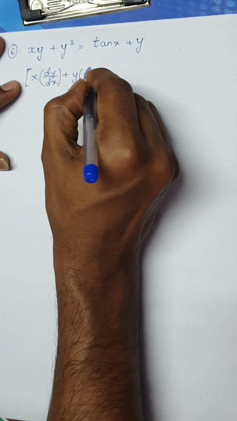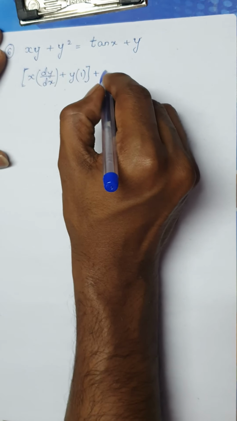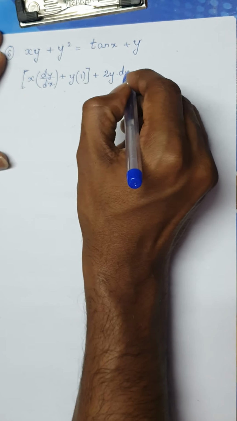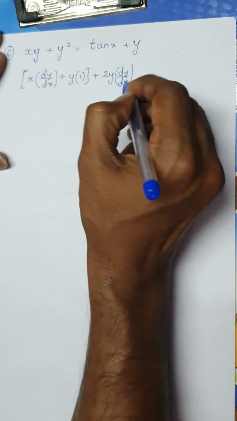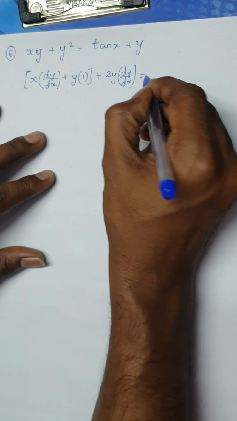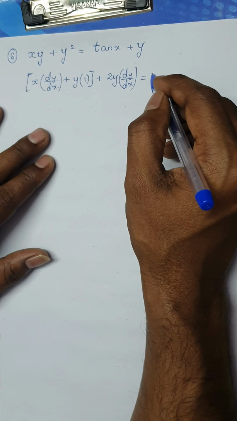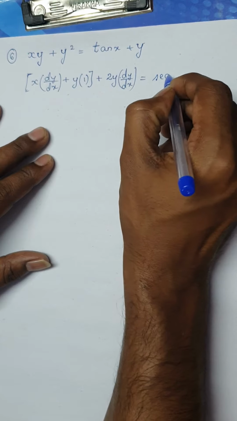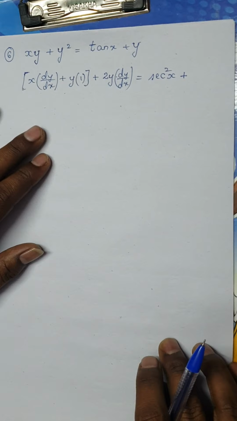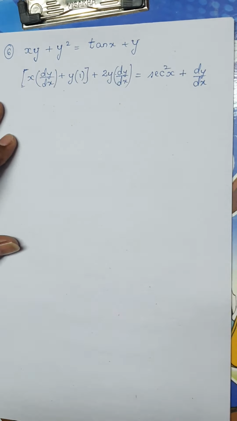What is derivative of x? We know derivative of x is 1, okay, plus now what is derivative of y square? Derivative of y square is 2y into, because it is y, I will be multiplying dy by dx, isn't it? So LHS work is over. This is nothing but now derivative of tan. What is derivative of tan? We all know derivative of tan is secant square of x plus y, okay, into derivative of x plus y, and we know derivative of y is dy by dx, okay.